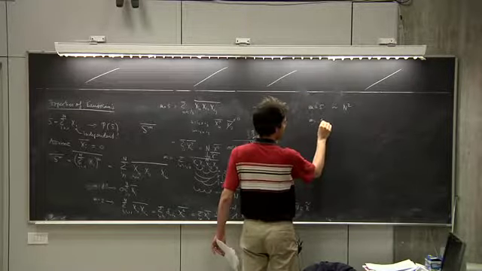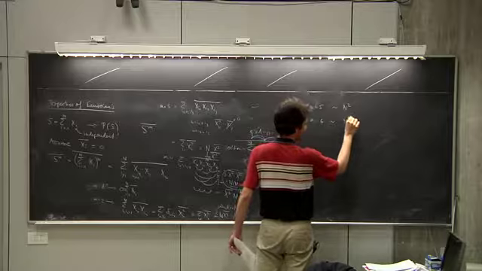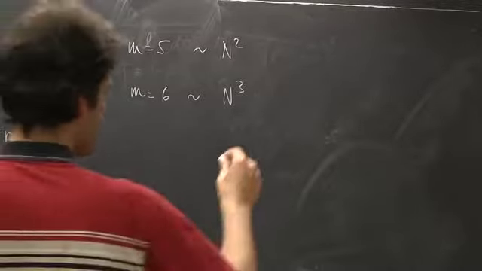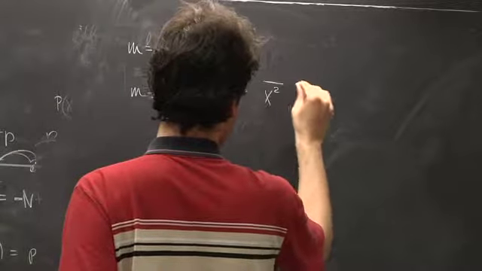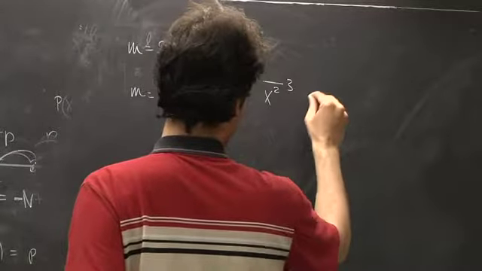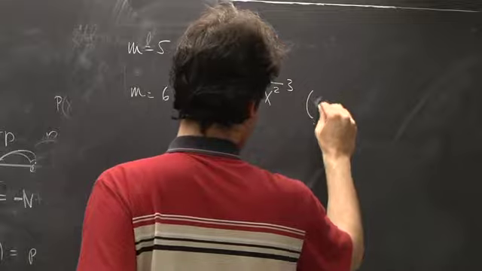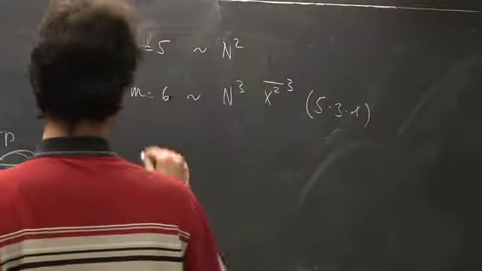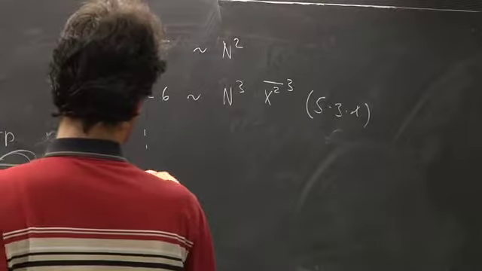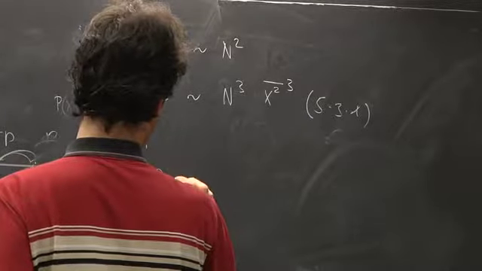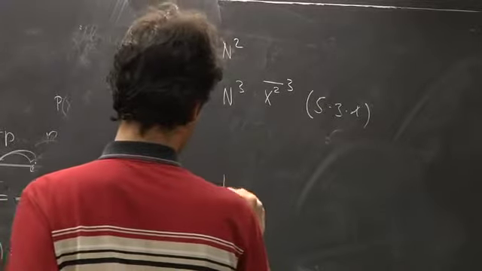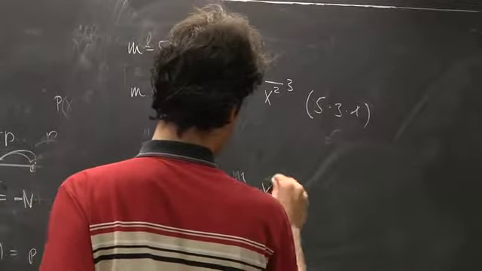But for m equals 6, you will find it goes like n to the 3. And if you're brave, then you will check for yourself that you get this form here, times 5 times 3 times 1, etc. If you have m equals 2 times n, then you get n to the n times x